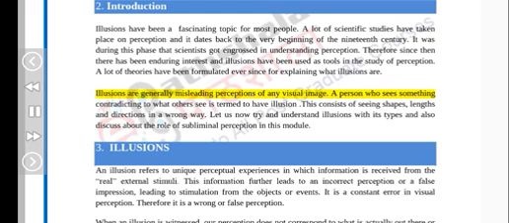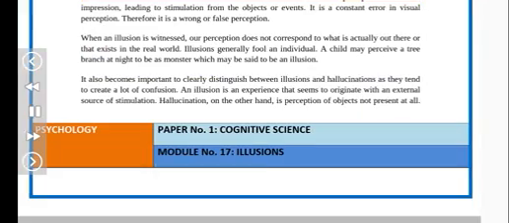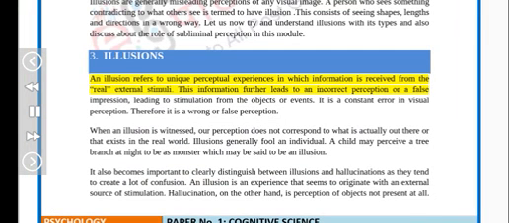Illusions are generally misleading perceptions of any visual image. A person who sees something contradicting what others see is termed to have an illusion. This consists of seeing shapes, lengths, and directions in a wrong way. Let us now try and understand illusions with their types and also discuss the role of subliminal perception in this module. 3. Illusions. An illusion refers to unique perceptual experiences in which information is received from a real, external